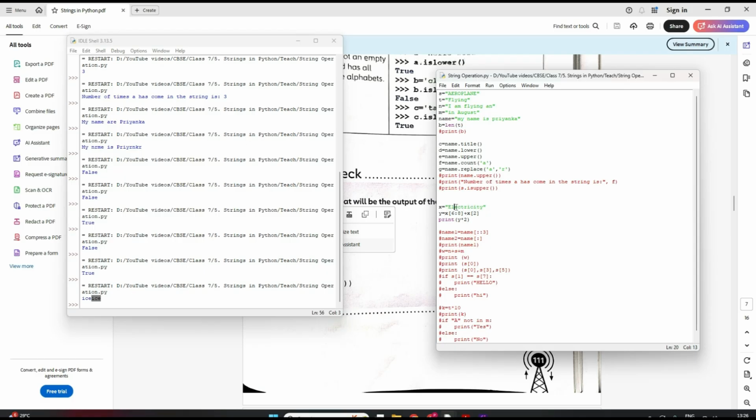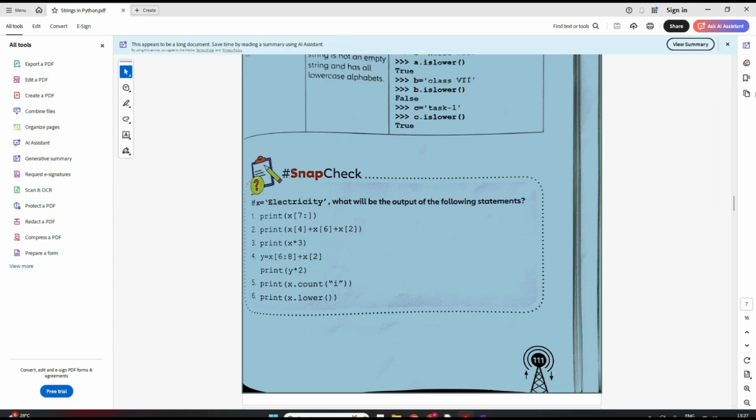Means in 2nd index you have E, 0, 1, 2. So IC concatenates with E, so it gives me ICE total. So y becomes ICE. Now I am repeating y 2 times, so it will be ICE, ICE. Clear? No doubt? Great.